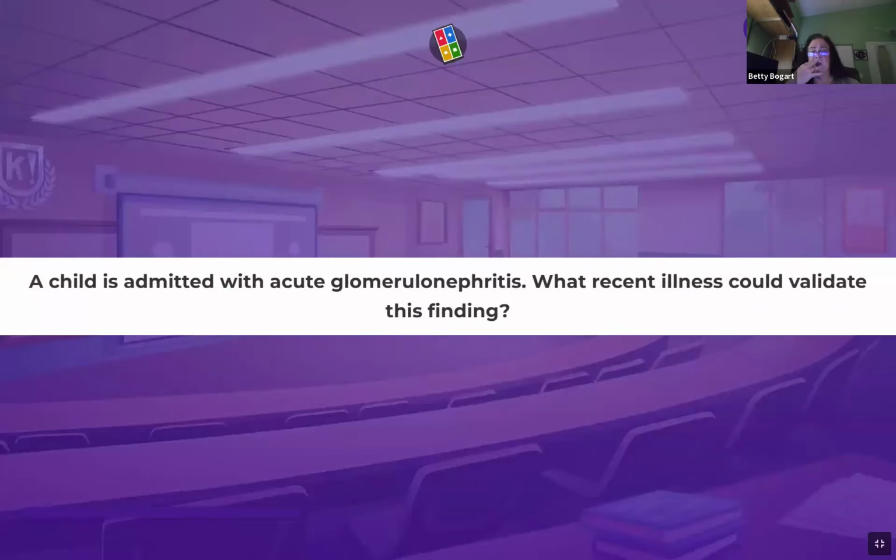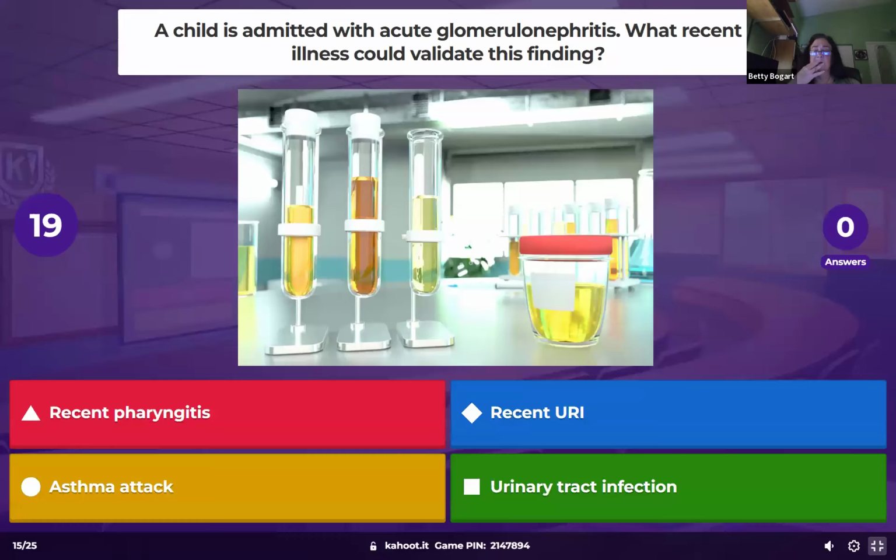A child is admitted with acute glomerulonephritis. What recent illness could validate this finding? Remember, rheumatic fever and acute glomerulonephritis are both caused by